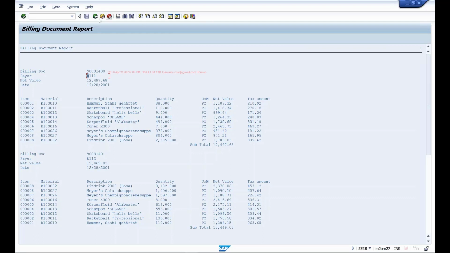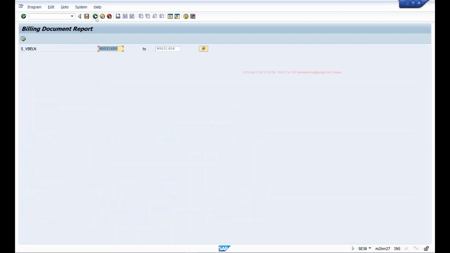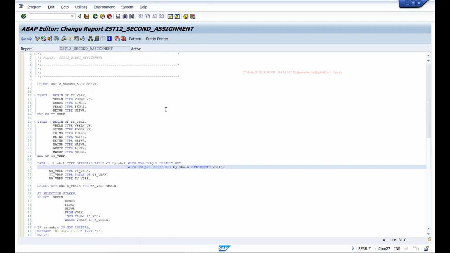So there's another variation called for all entries that you can use while writing a select statement. In this session, I'll talk about that, and in that process, we'll learn how to use this payer number that we are receiving to get the payer name from a different table and then print the name instead of the number. Even without knowing this for all entries, I can achieve it by writing a select within the loop, but we've already discussed that it's not a good thing to do, right?